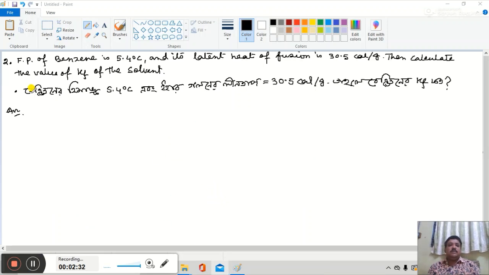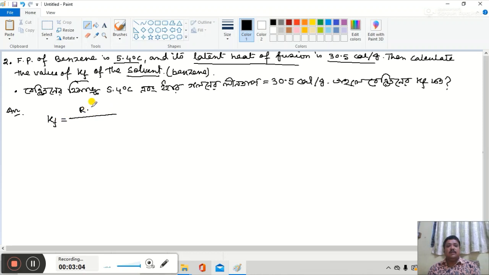Now the second problem is: the freezing point of benzene is 5.4 degree centigrade and the latent heat of fusion is 30.5 calorie per gram. Then calculate the value of Kf of the solvent. Solvent means benzene. We know Kf is equal to capital R into Tf square by 1000 Lf,